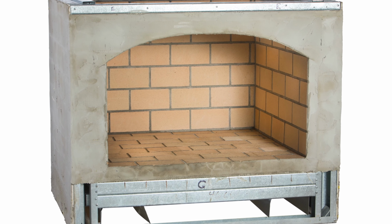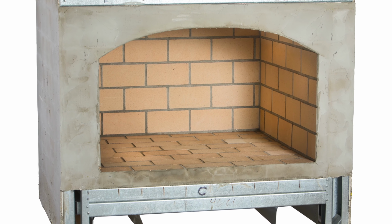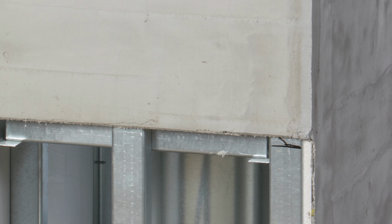There's no additional installation that has to take place on site, and we, as a standard, mount that into the firebox in the running bond pattern. And then the last thing that's standard on every product is steel behind the surface for you to mount your mantle to. So there's steel reinforcement behind the exterior scratch coat so that you can bolt your mantle right into